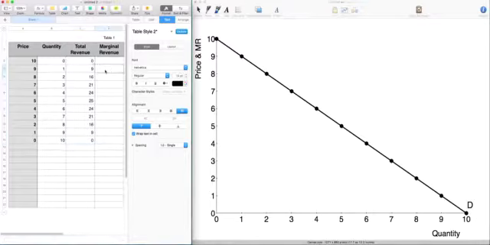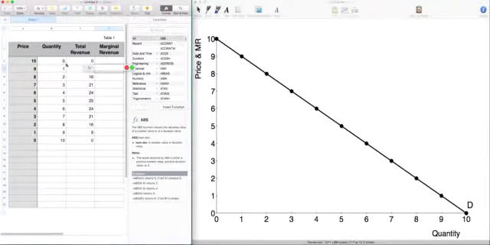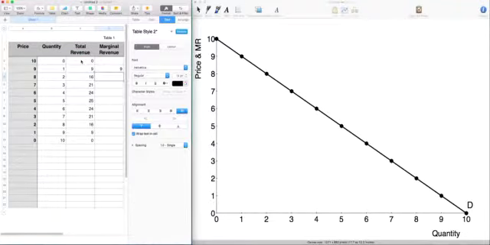Marginal revenue is just the change in total revenue with the change in quantity. To calculate that, because the quantity is always changing by 1 here, the denominator is always going to be equal to 1. We're just going to look at how much total revenue changes. So if we take the new total revenue and subtract off the total revenue from the previous quantity,